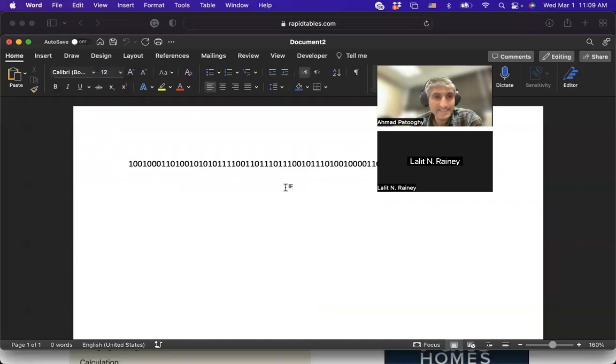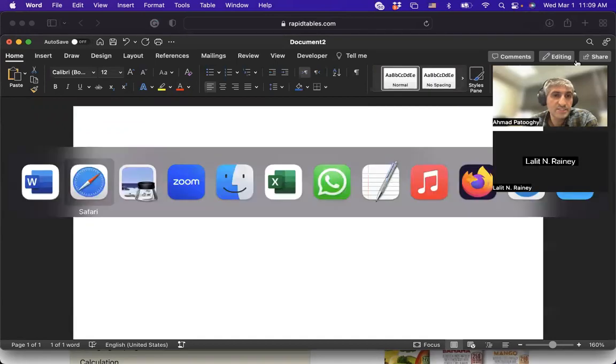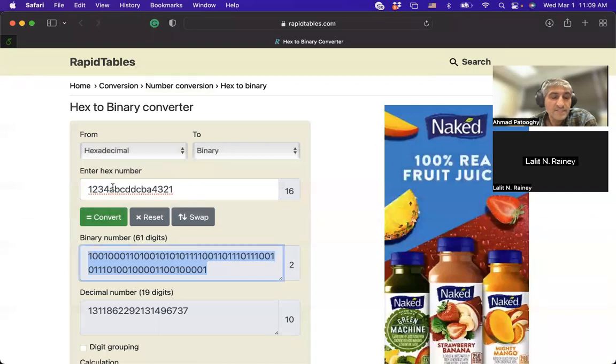Yeah, if you paste it here, you should be adding 1, 2, 3 zeros. These 3 zeros, I've added them manually because, like I said, this online converter puts only 1 for the first one, but we also need these 3 zeros. So this is one trick. Always make sure that when you're using this tool, you're converting a 16-digit hexadecimal number and you are getting 64